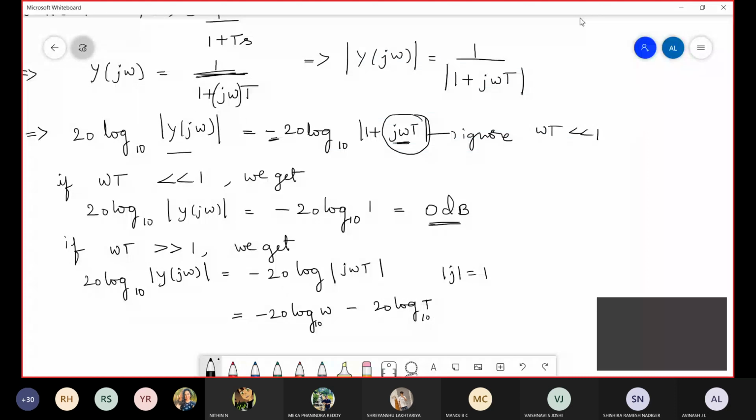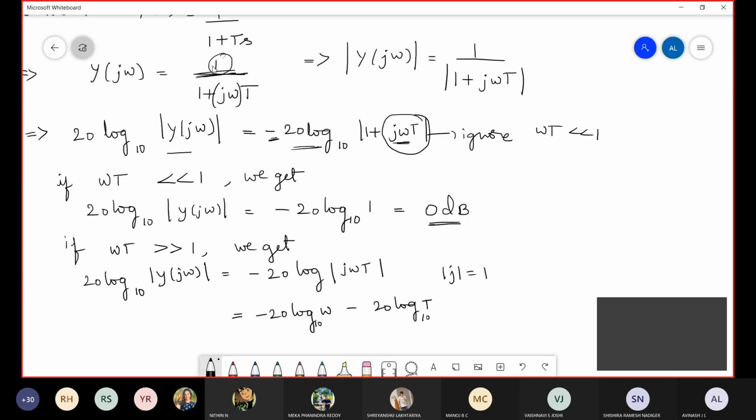No response. Fine. So here, since we are taking the reciprocal, log a by b becomes log a minus log b. Log a is 1, so minus 20 log to the base 10 of 1. The value for the numerator becomes 0, so 0 minus this one comes into the picture. That is why we have taken this value as minus. I don't think it is a formula; it is a simple mathematical reduction we got here.